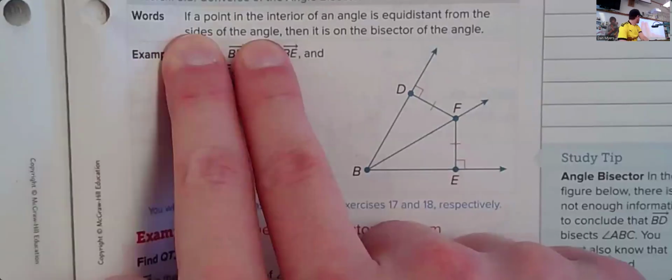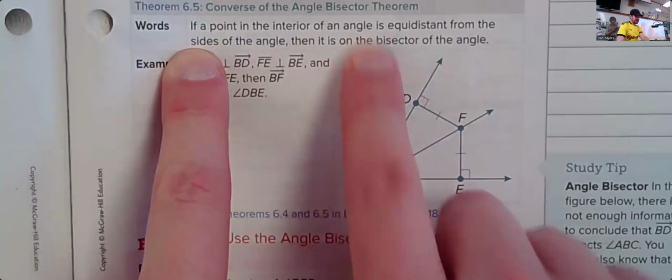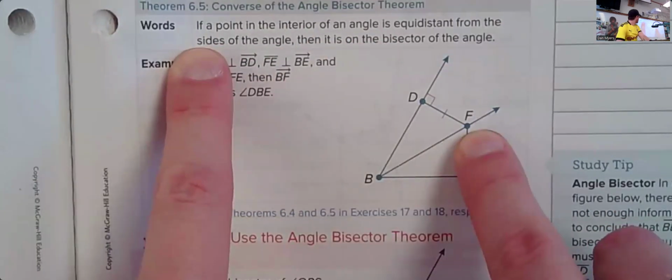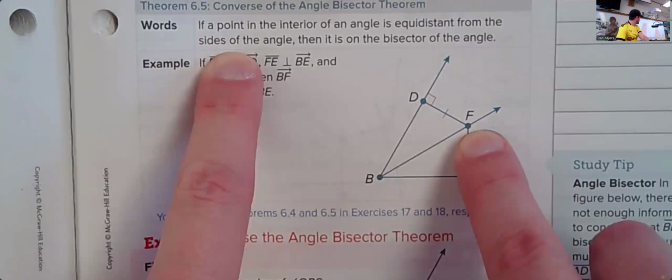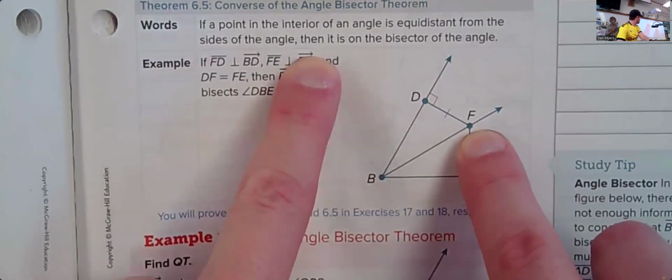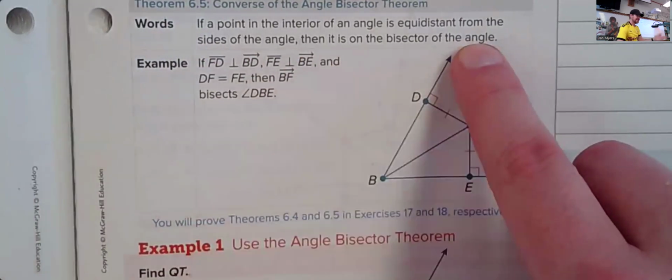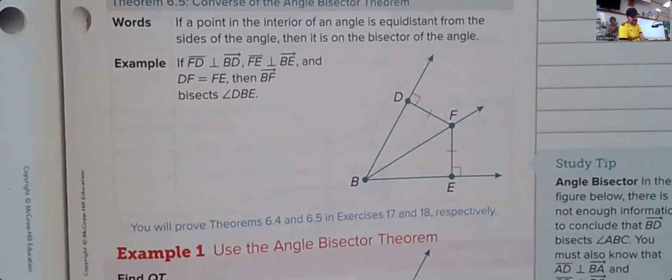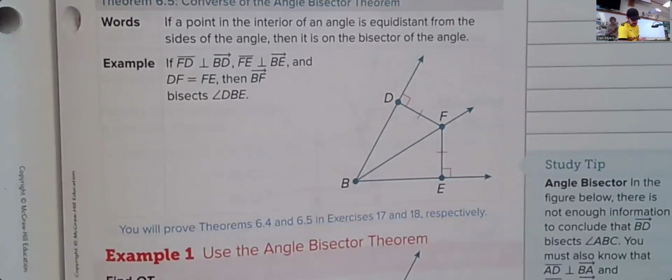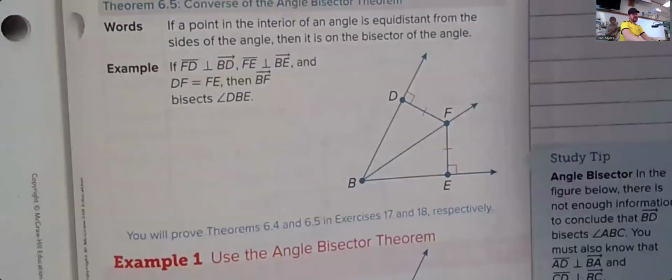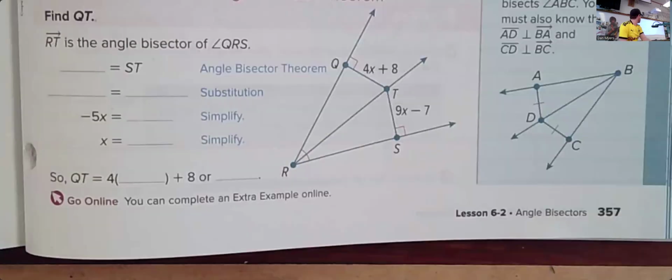So it says if a point on the interior of an angle, point F, it's inside the angle, is the same distance from both sides of the angle, then it is on the angle bisector, or it's on the bisector of the angle. So that's what we're dealing with here. So in terms of math for us, what that means is, if we take a look at our first example here,